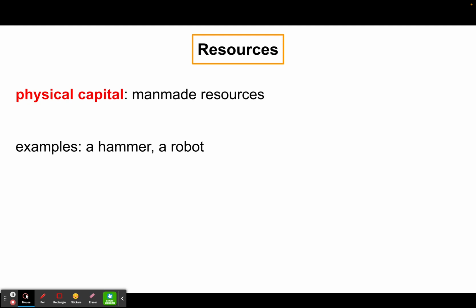physical capital. These are man made resources. So, really, the complete opposite of land resources that come from nature. So, for example, a hammer, a robot, these are things that are man made that can be used to produce goods and services. In fact, hammers and robots are goods themselves, but they can then be used to make other